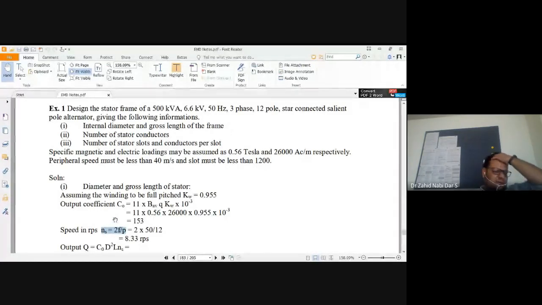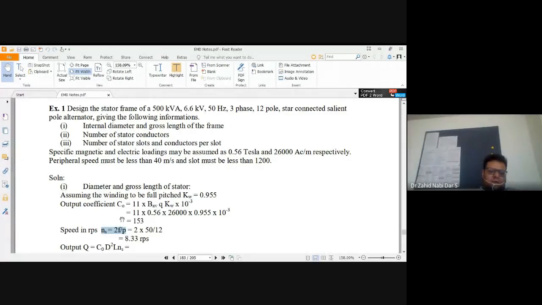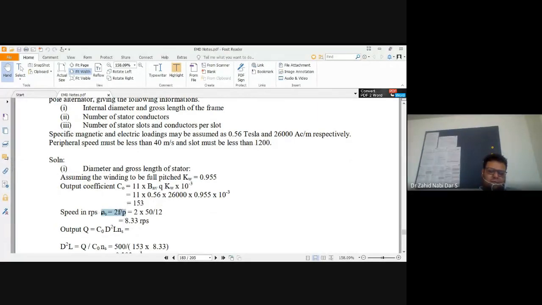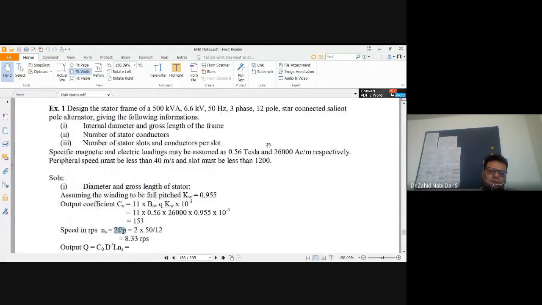Now this is in radians per second, what is that, rpm, what does rpm stand for? Rotations per minute. Now it is rotations per second. It comes out because I'm fasting, so little bit sometimes. Speed in rps, so rotations per second. If it is per minute, directly the N value is 1500, but in seconds you have to divide, or you remember this formula 2f by p. F value you have 50, p value here he has given 12, so you get 8.33.